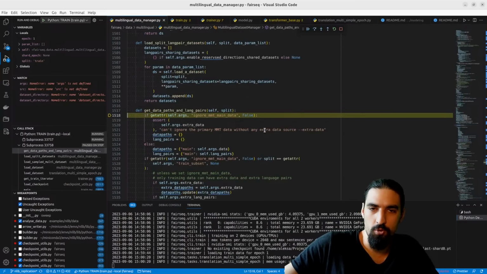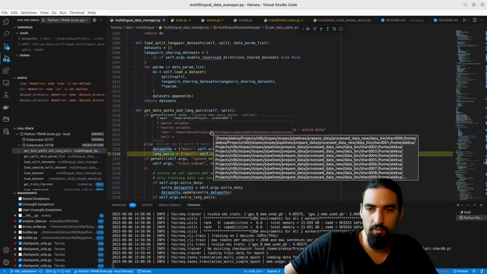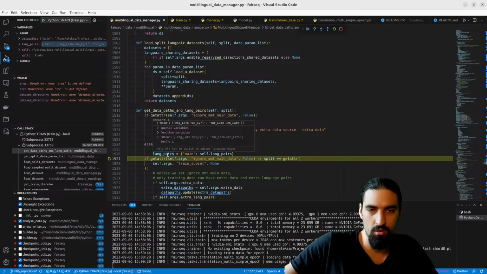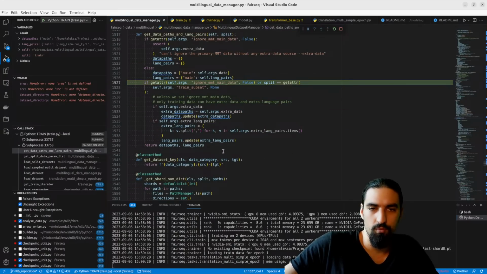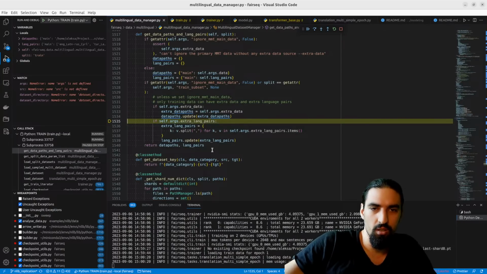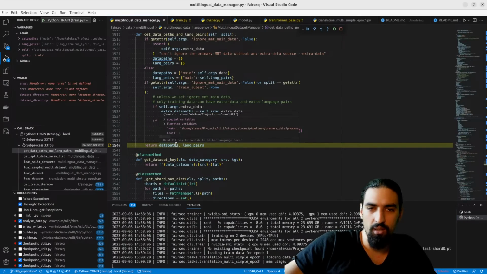For the split train, data paths. So we have a ton of them, exactly. And then language pairs. Here they are. So extra data. That's it, language pairs and data paths.